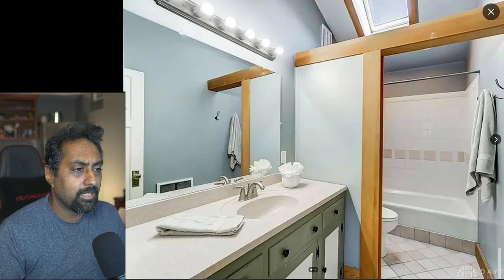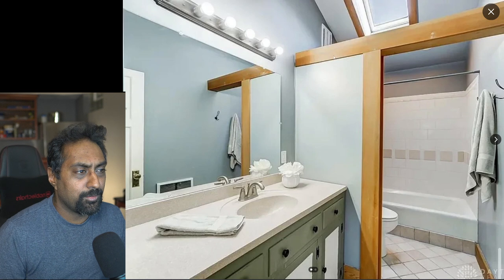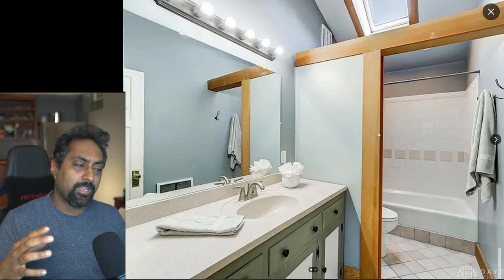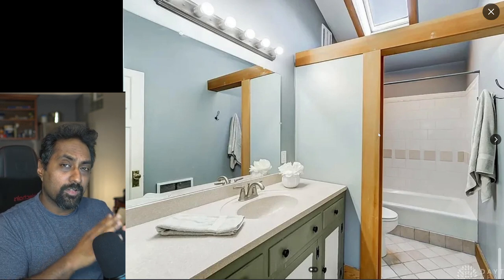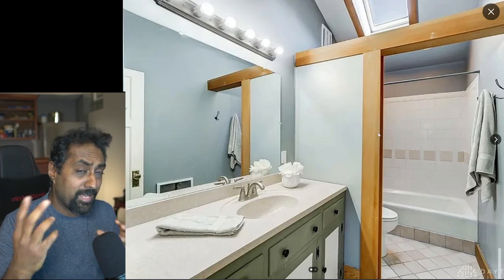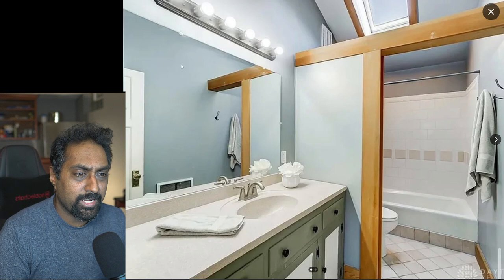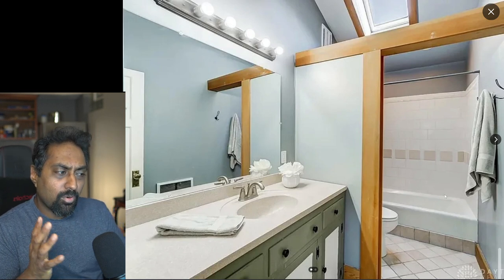All right. Now we've got a bathroom. Now, as you can see in this bathroom, you got this going on. I've seen it where okay, the toilet's off to one side and you kind of have a wall separating that, and so you can brush your teeth and somebody else can use the bathroom in a master suite anyways. But it seems like the door is right here, and we still have like this awkward doorway